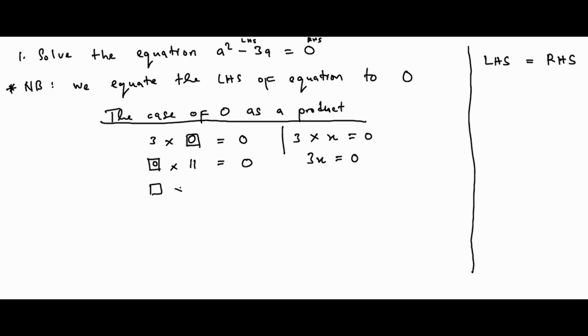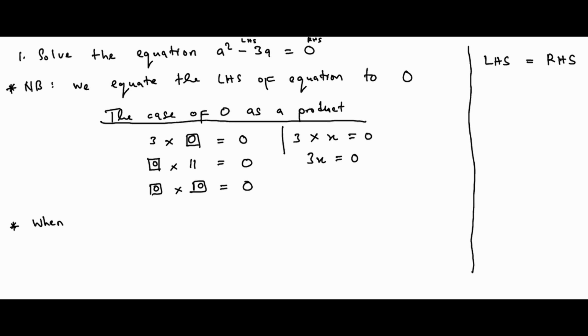Kana tikati empty box times empty box is equal to 0, hatinzi not kugesa but tiite fill in maboxes aya. We see kuti this is 0 times 0. Saka what conclusion are we arriving at? The conclusion we are arriving at is whenever we multiply any number with 0, we get 0. Or when we have 0 as the product, it means at least one of the numbers multiplying should be 0. So this is the conclusion we have to arrive at.